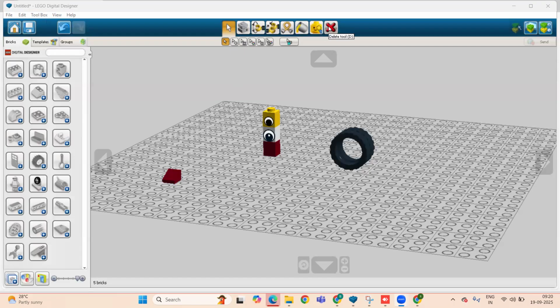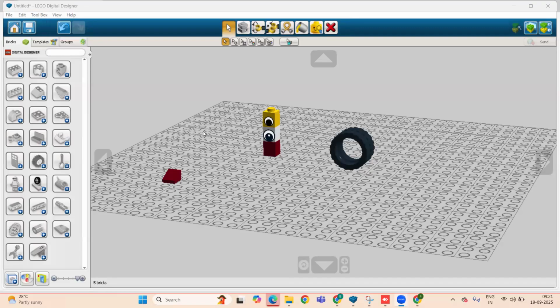Now, the delete tool, for example, is to remove unwanted bricks. We can delete all the unwanted bricks available on the work plane area.